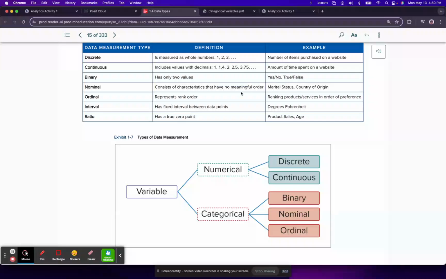And then as soon as you add decimal points to that, that would be continuous. And then the other type of variable that's not numerical would be categorical. And our textbook labels them as binary, nominal, or ordinal. And I'll tell you for this lecture, this video tutorial, I'm going to focus on nominal and ordinal and not really so much binary. And then we'll also go over interval and ratio.